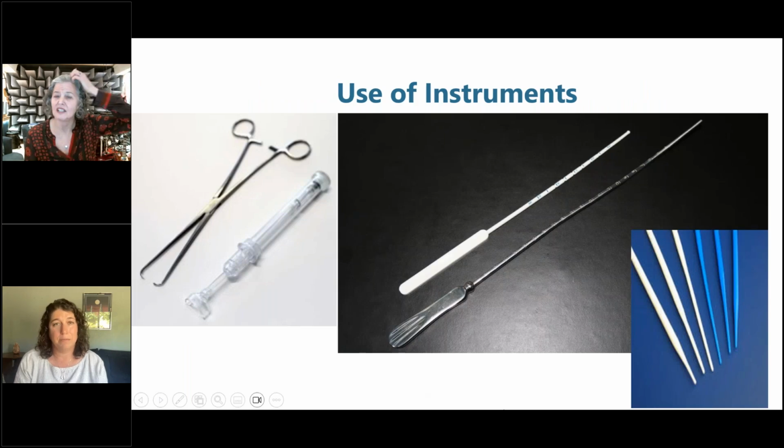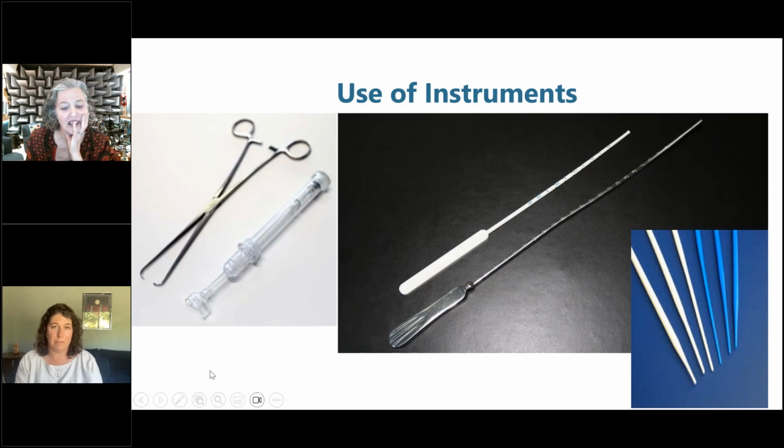So how do we use instruments to be less painful? This is a really important piece of this. I know everybody's excited about blocks, but there's a lot of pain that we can avoid with just the way that we use instruments. And I feel like I've been talking about this for many years, and I, as everybody probably knows,